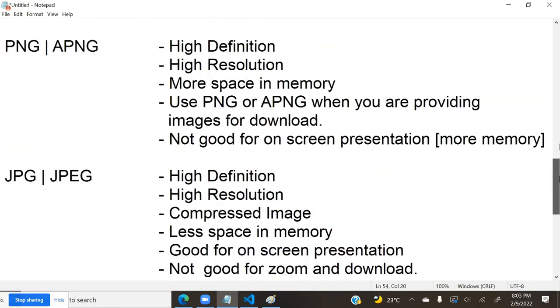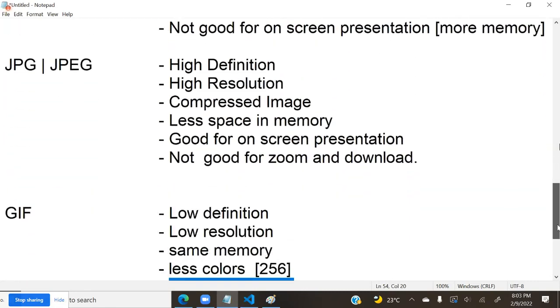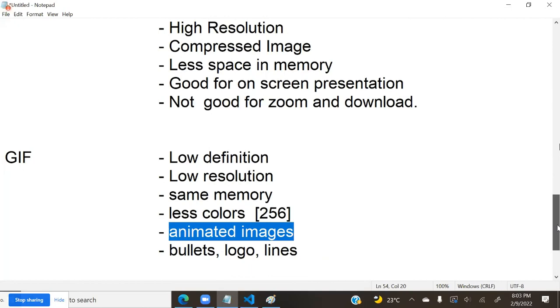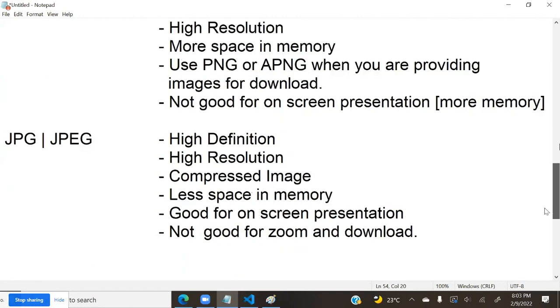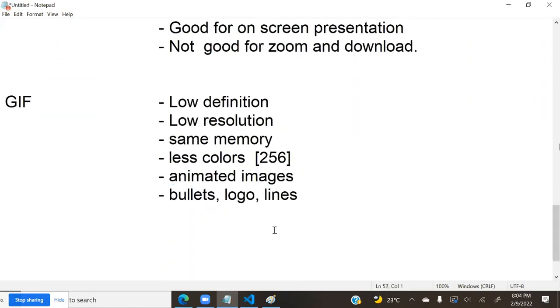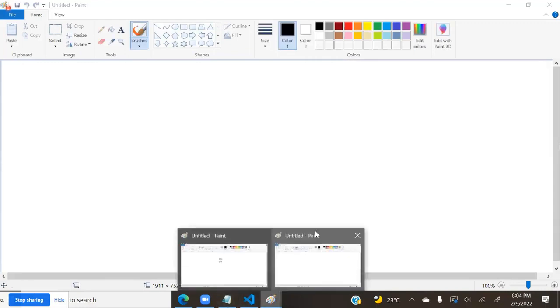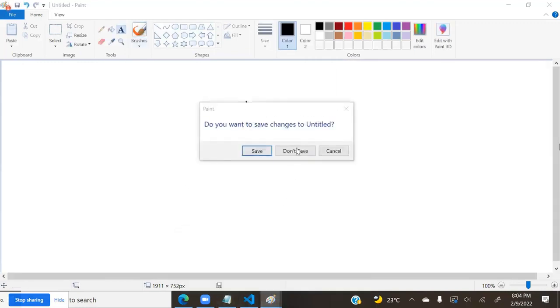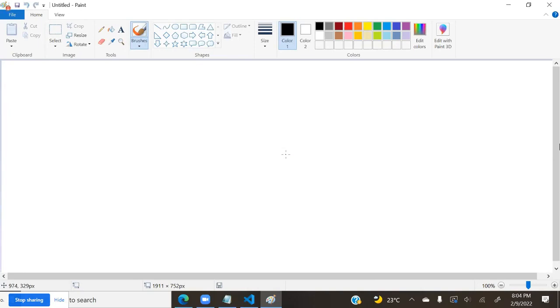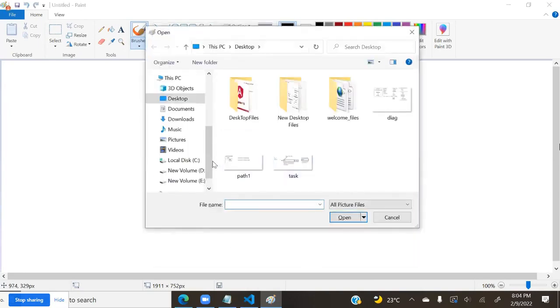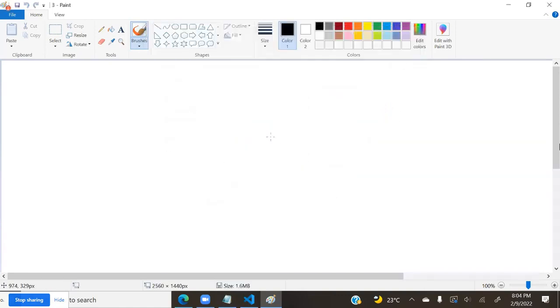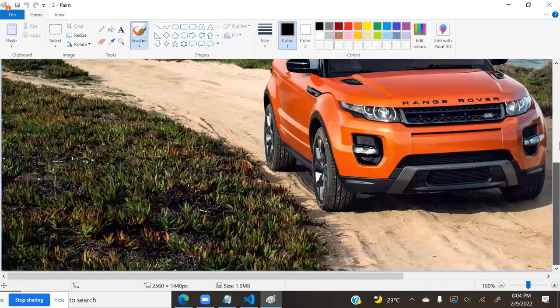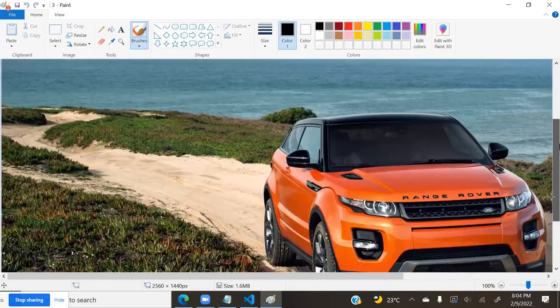So the difference between PNG, JPG and GIF. As a developer, when to use GIF, when to use JPG, and when to use PNG. One example I will show you, then other formats we will discuss. See, suppose here I am opening some photo. Let's open some image. We have images. Suppose some photo is there. This is a large photo. I will copy this photo